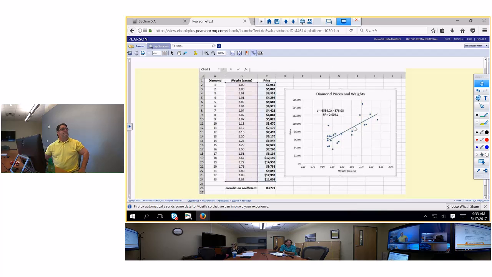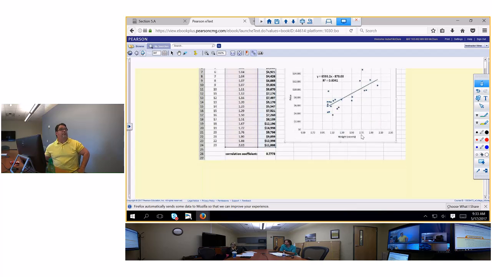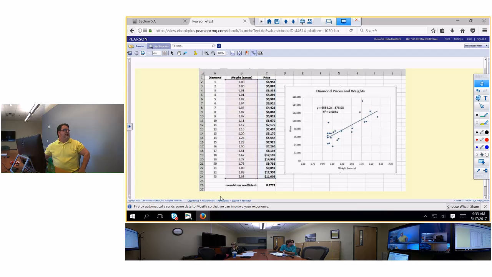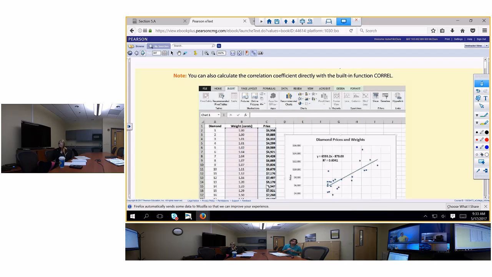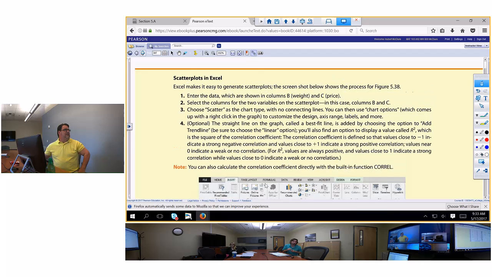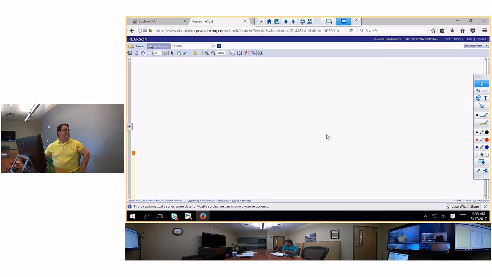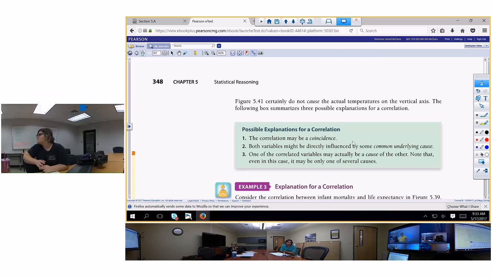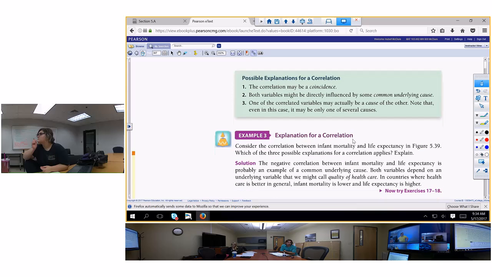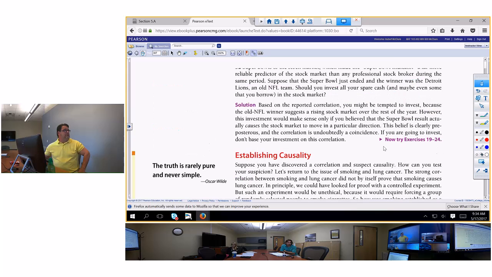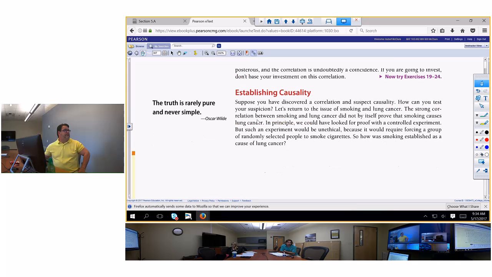Well, the correlation is the y. I meant the m, your slope. Yeah, here's the correlation coefficient. 0.77 right there. But they don't give you a formula. I'm looking for the formula. They might give it on the next page or something. Let's see if they put it on the next page. I don't see it. I don't think they do.